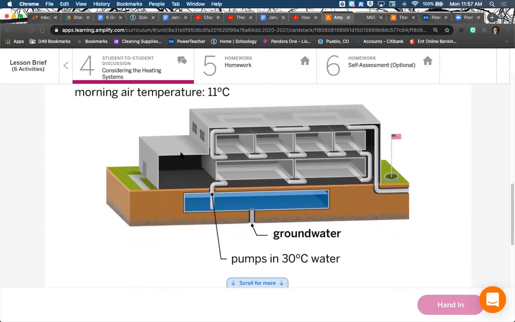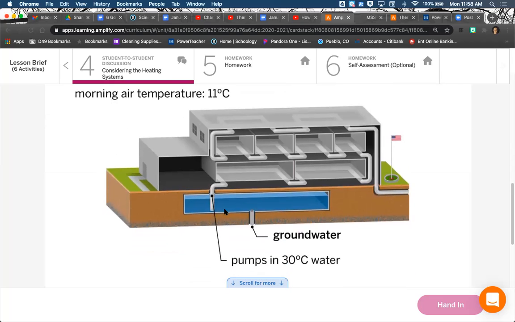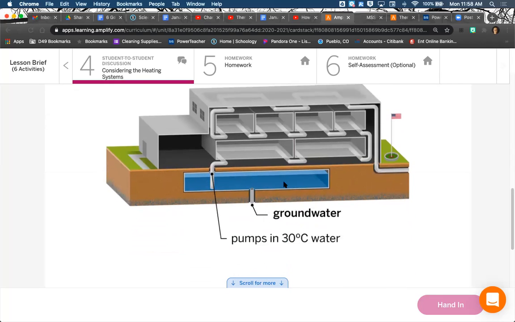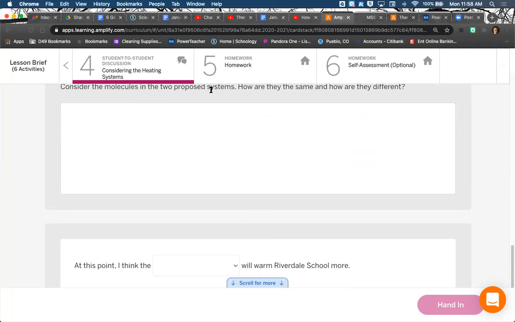In this system, it's very similar. However, the water is not as warm. What this means is that because this has a lower temperature, the molecules in this tank aren't moving as fast as the molecules in this tank. This tank also contains a lot more molecules. Consider the molecules in the 2 proposed systems. How are they the same and how are they different? The molecules in both systems